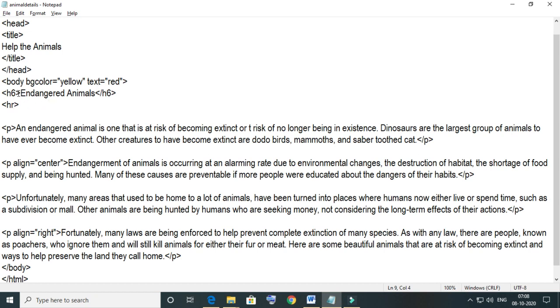Here just change the heading size to 1. Now the heading tag has been changed, the heading size has been changed, and in the horizontal tag just specify the size, maybe size 6.